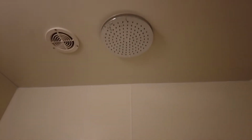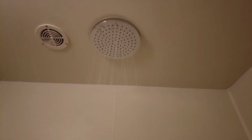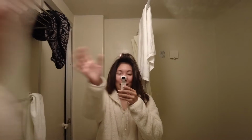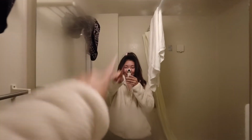Here is the unexpected luxury in this hotel. There is a rain shower! I don't know what it is about rain showers that make me feel like I'm in a 5-star hotel. And then actually, one detail I love is there's like an anti-fog, maybe like a spray or some kind of thing, so that even though the mirror fogs up, that part stays unfogged. I think those are 2 little details that level up a room a little bit,